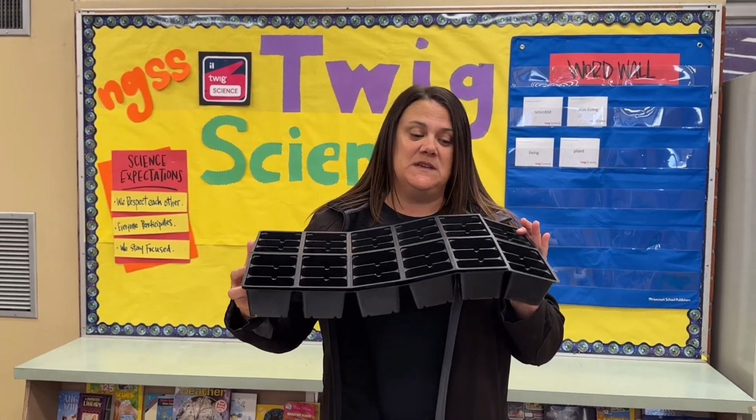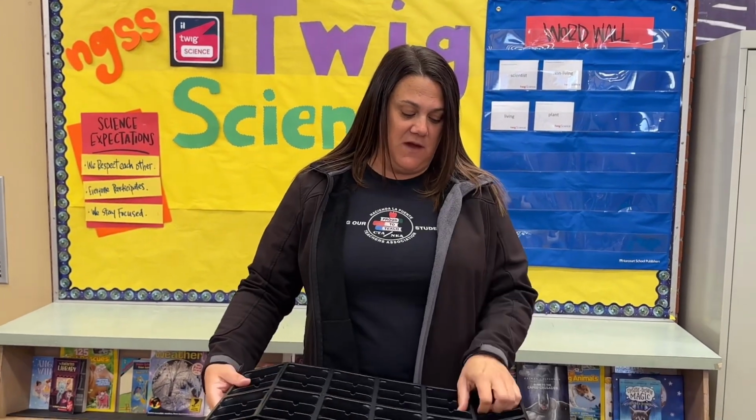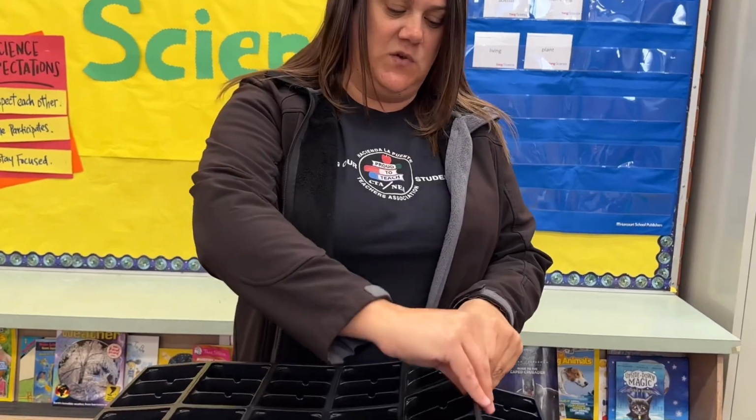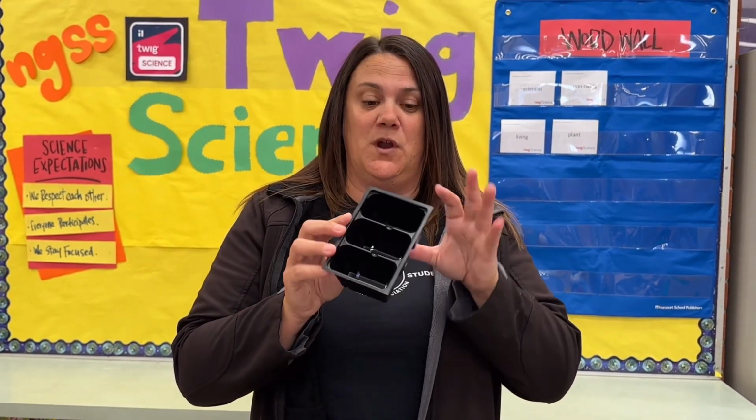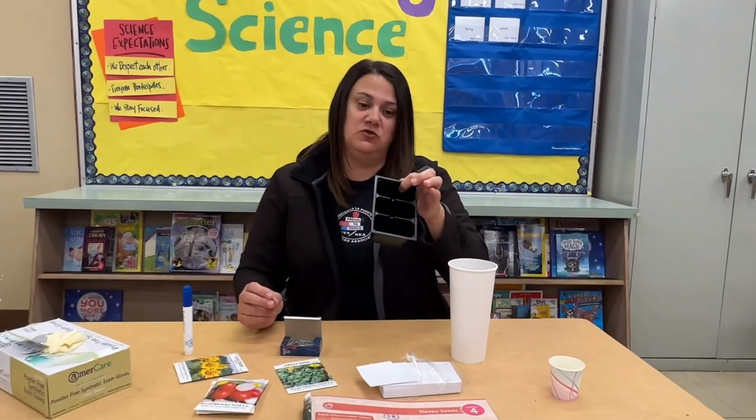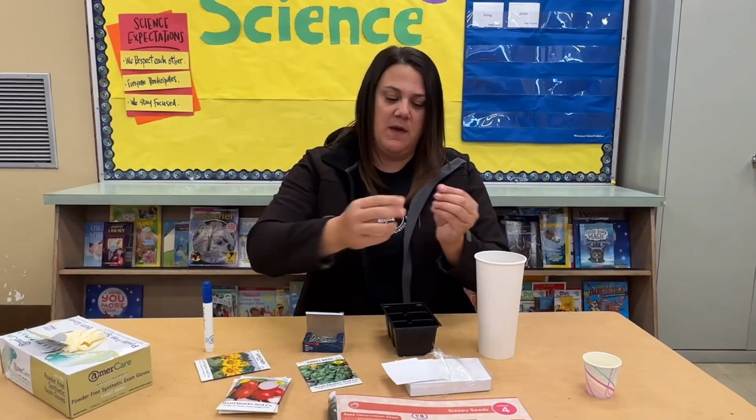Now, each student is going to get a section of 3 seed trays, so you can just go ahead and rip them apart like this, and each student will have their own, and they're going to plant a couple different seeds in each compartment. Each group, depending on if you decide that you're going to want 2 students in a group or 4 students in a group, is going to need 1 tray, 1 paper clip,